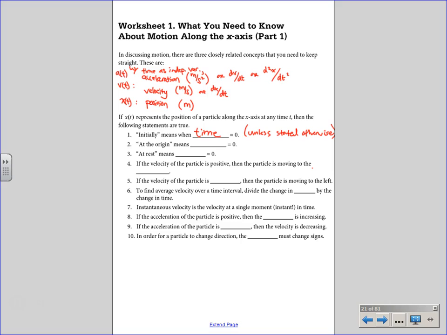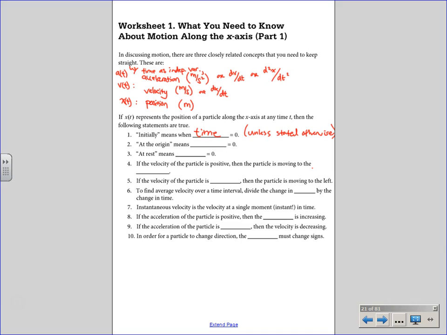What do I mean? If we're talking about high tides or low tides, usually they say something like so many hours from midnight. So there could be a situation that's starting at like 8 a.m. and in some ways it's the initial. And yet, if you're at midnight, it wouldn't be time equals 0. So usually initially means time equals 0. But every now and then, due to the context, it could be something a little different.